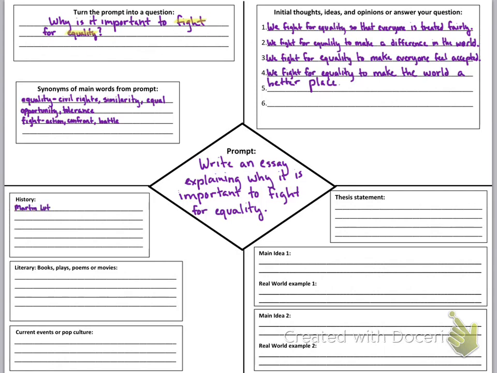Okay, so then we're going to go ahead and go to our examples. So the first things that stood out to me was Martin Luther King, of course, Abraham Lincoln. I thought about a play that I read, A Raisin in the Sun, Selma, the movie talking about Martin Luther King, the Black Lives Matter movement that's currently happening right now, and then immigration in America. So these are just a couple ideas that I came up with for each section.